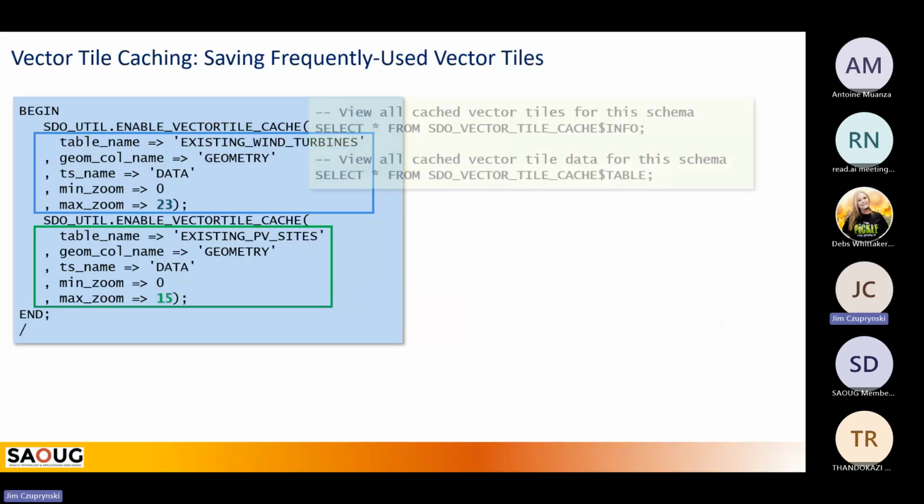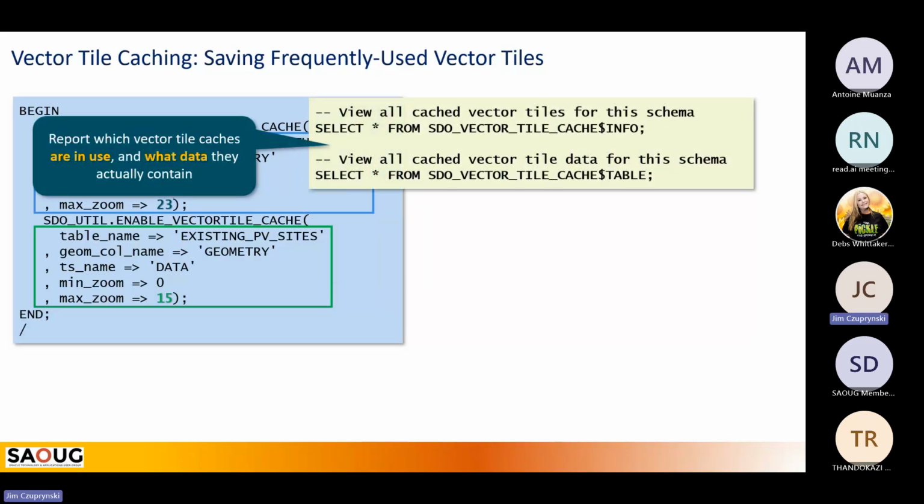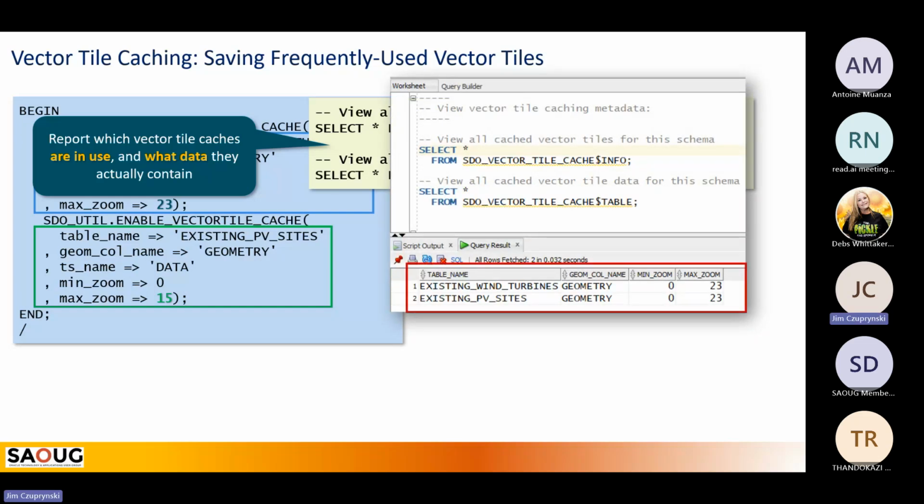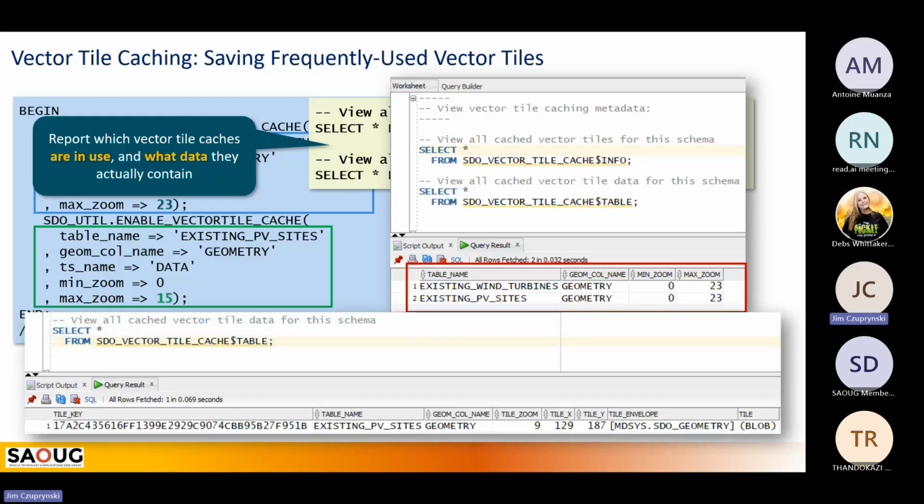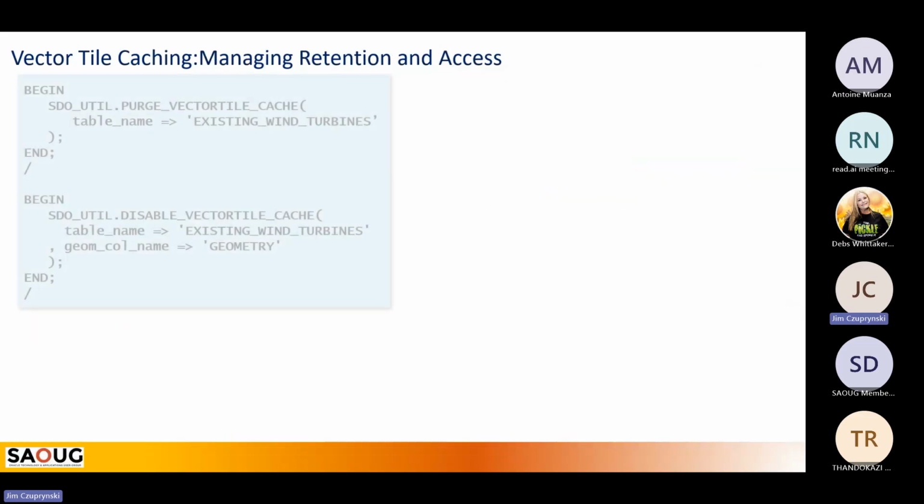Once I've done that, I can also see which vector tiles are actually in use and look at which vector tiles have been created and at what zoom level, and which ones have actually been populated. So I'm leaving you these queries here. I'm going through this quickly because I'm not so sure people use this a lot, but be aware that if you wanted to cache particular zoom levels of vector tiles, you can actually do it.